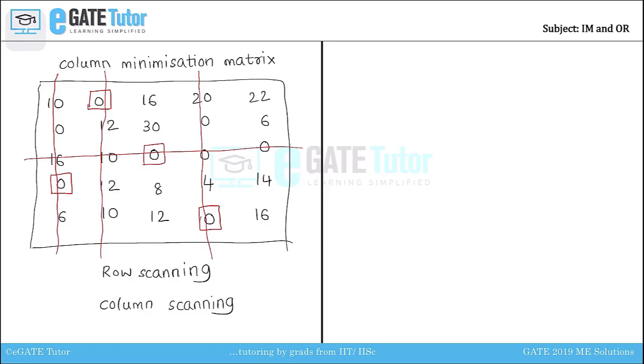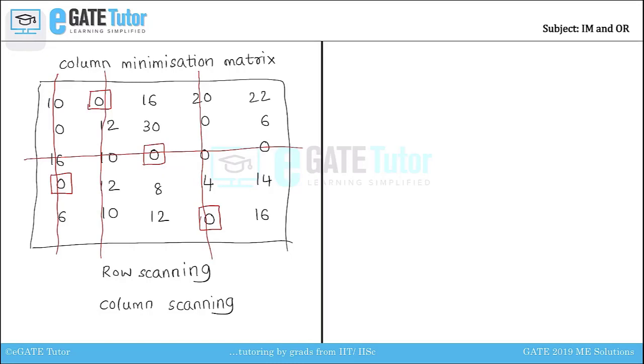Now the next step is to count how many zeros are assigned with boxes. If you look here, only 4 zeros are assigned with boxes. We have one more zero to be assigned. Then we have equal assignments with number of rows and columns. Okay, to make that, we will optimize this column minimization matrix by selecting the minimum element of all the unallocated elements or all the elements which are not striked.